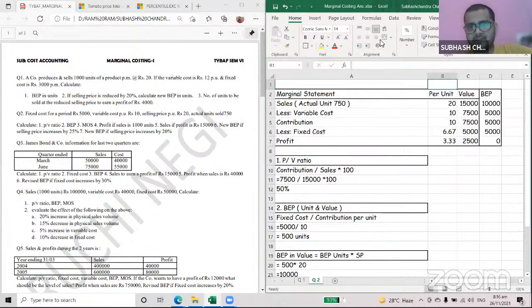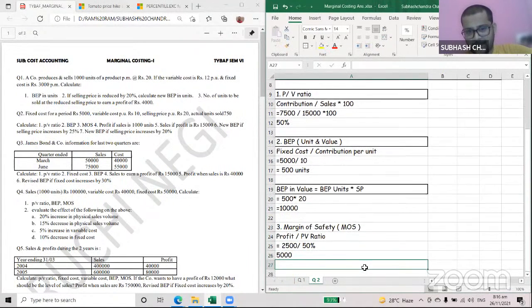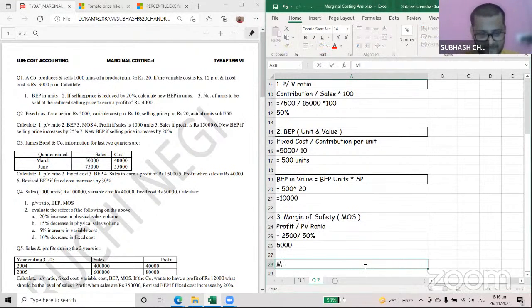It is 10,000. What is your actual sales? 15,000. So how much extra are you selling? Around 5,000. So if I use another formula to get the margin of safety,